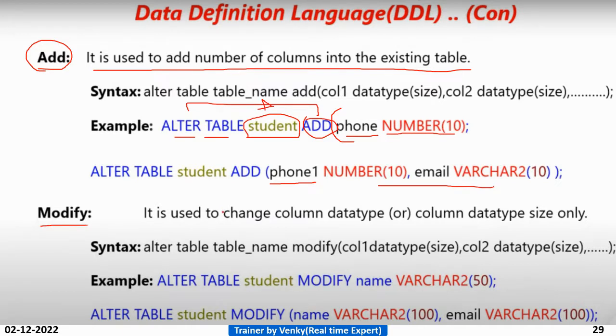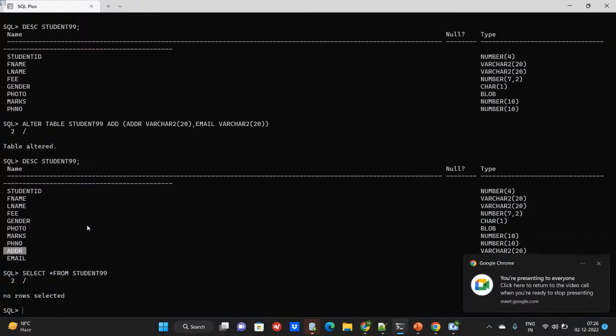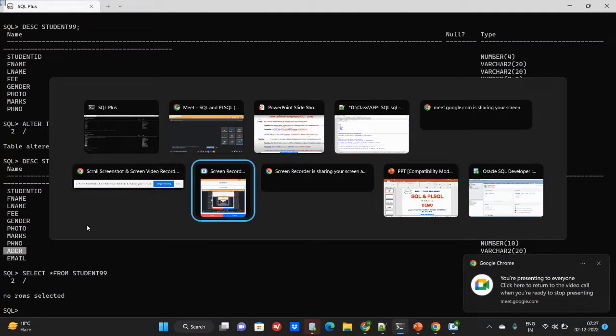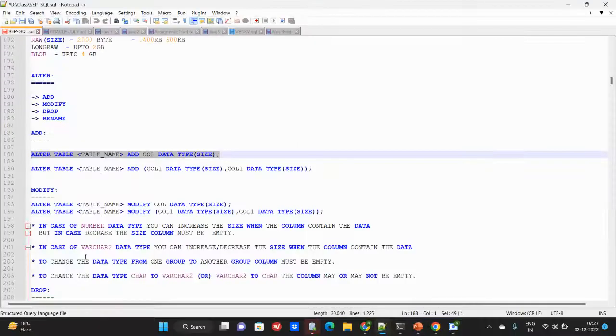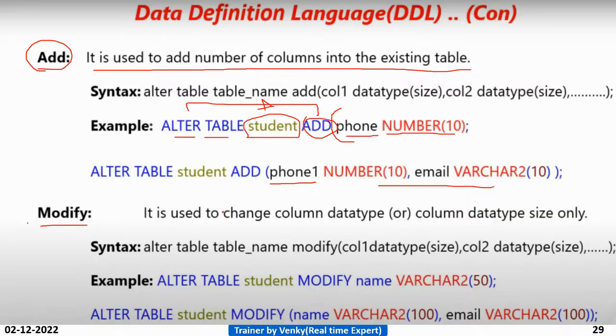Next is modify. Modify in the sense it's nothing but changing something for the existing. So it is used to change any column data type or a data type column size only. Modify is used to change any column data type or a data type column size. The syntax is alter table, table name,